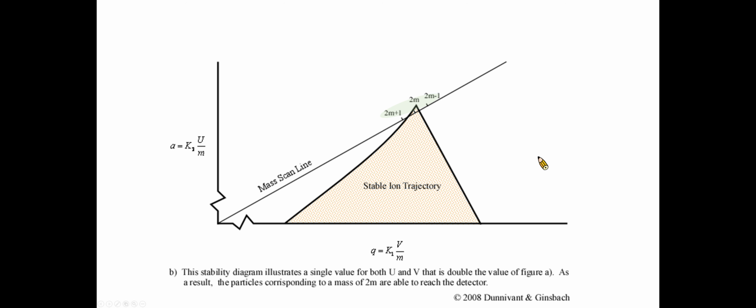Once the resolution has been determined, the ratio of the AC to DC potential is left unchanged throughout the scan process. Again, to perform the scan, the magnitude of the AC and DC voltage is altered while their ratio stays constant. This places a different mass to charge inside the stability diagram. For example, if the AC and DC voltage are doubled, the mass to charge ratio of the selected ion would also be doubled. By scanning throughout the voltage range, the quadrupole is able to create the majority of mass spectra